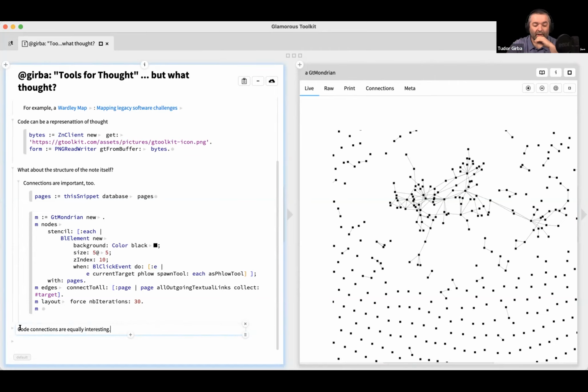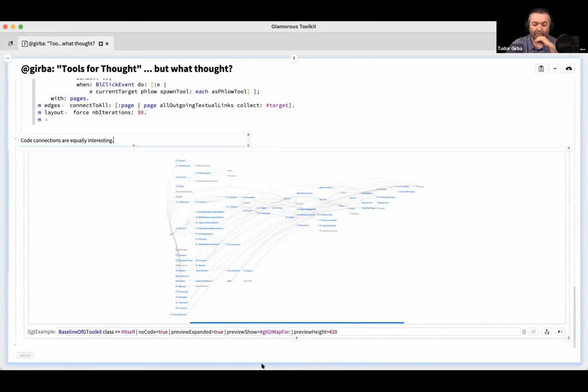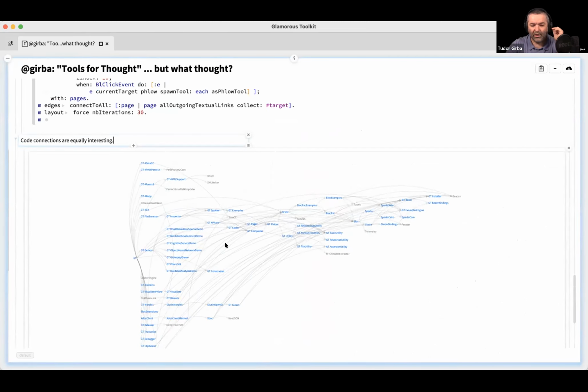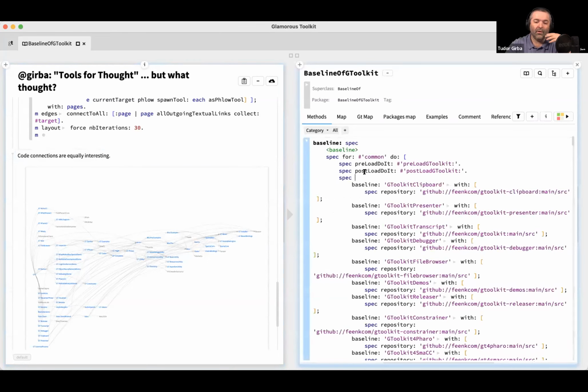And they are interesting so that it means that I can go in and visualize them like this. And so here, actually, this is a diagram that is produced live, which is about the dependencies of the tool that I'm using to look at this diagram. Which means that right now, if I'm going to browse this, I'm actually browsing code. So now I'm going into a code editing mode, or what people would think of code editing, but there's no difference between the node and the code because all those differences, in fact, any boundaries in tools are arbitrary.